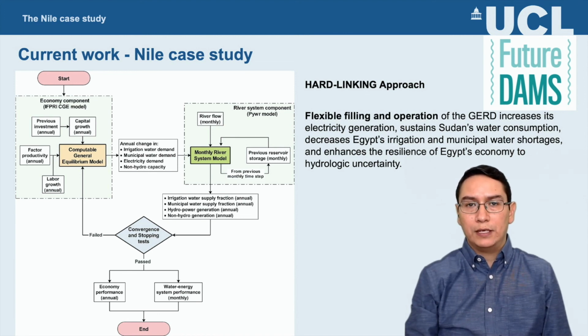in Sudan and Egypt. Indeed, the results reveal that flexible filling and operation of the GERD increases electricity generation in Ethiopia, sustains Sudan's water consumption, decreases Egypt's irrigation and municipal water shortages, and enhances the resilience of Egypt's economy to hydrological uncertainty,